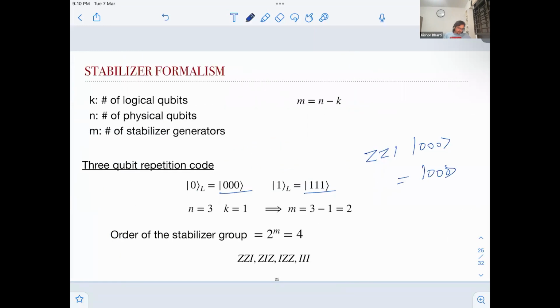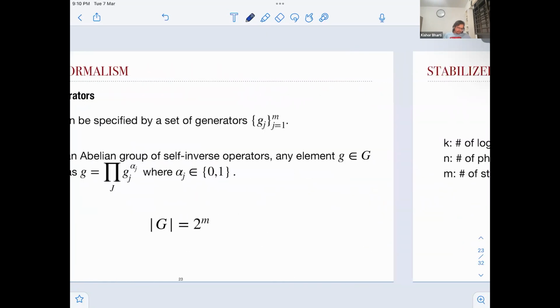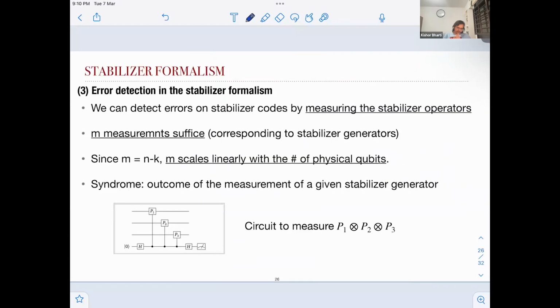So we talked so far about a stabilizer group and stabilizer generators. Now the question becomes, how can you use this formalism to detect errors? We can detect errors on a stabilizer code by measuring the stabilizer operators. If your state is in the code space, then it should be stabilized by the stabilizer operator, which means it should correspond to +1 eigenvalue. On the other hand, if you measure it and you get -1 eigenvalue, you will find that something bad has happened. And in fact, you can just measure the stabilizer generators, and m measurements will suffice,